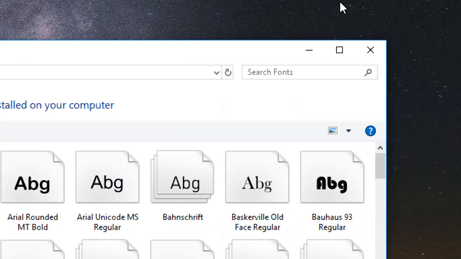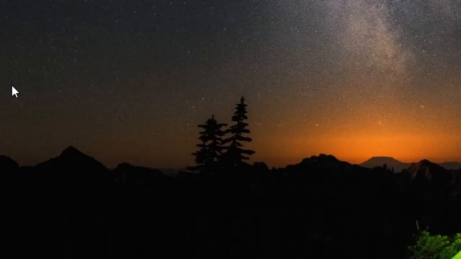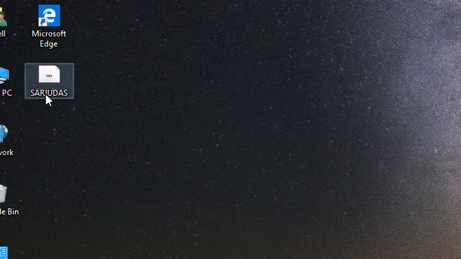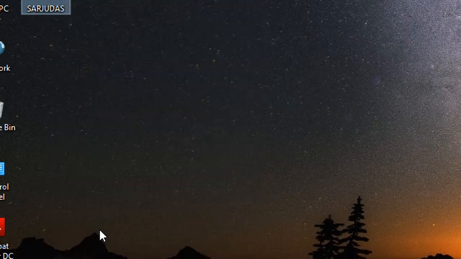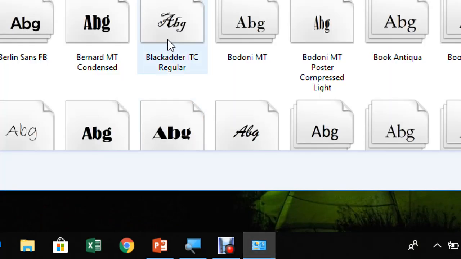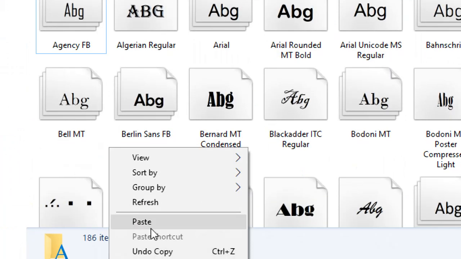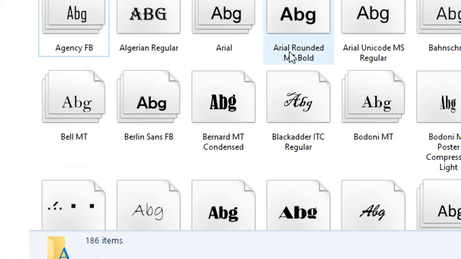First of all, go to where you have the font. Suppose I have my Hindi font on my desktop, right? Here is the name, Sarjudas. Select it, right click and copy. Okay, done. Now go again to the Control Panel. Here is the Control Panel, here is Fonts, right click and paste. It will give you the option of installing your font.